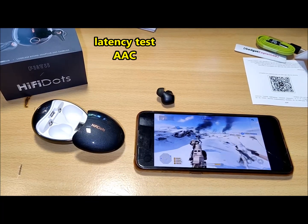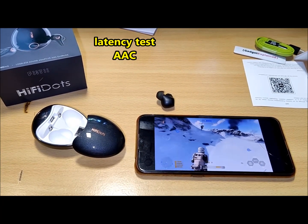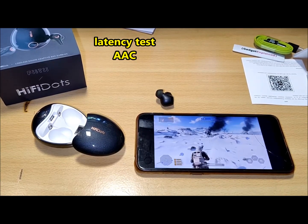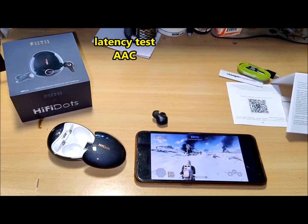In summary, the Mifo FiiTii HiFIDots combine exceptional sound quality, adaptable noise cancellation, comfort, and user-focused features. While they have minor limitations, they are a compelling option in the market,